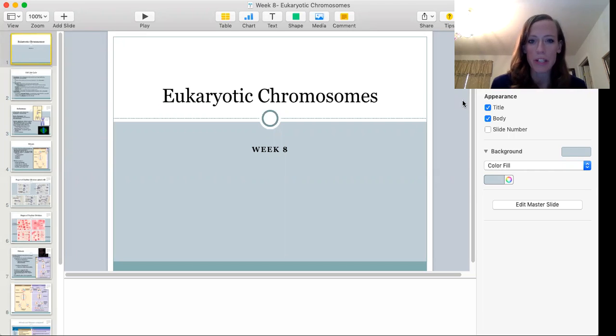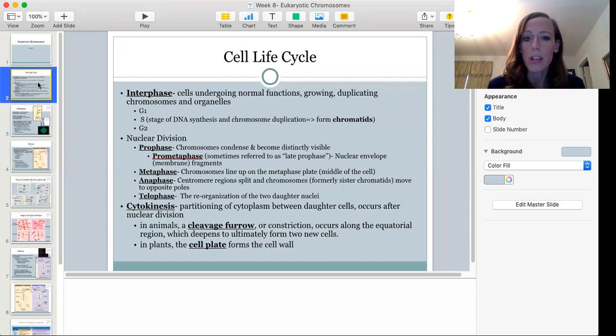This week we are going to be discussing eukaryotic chromosomes. So basically we're going to work our way through the cell cycle and take a particular look at the stages of nuclear division. Okay, so just by way of an introduction, the cell cycle includes interphase, which is where the